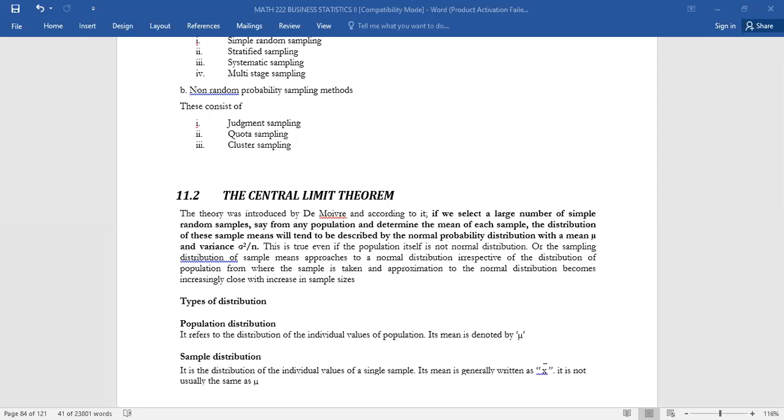using simple random sampling technique from the population and determine their means, or we put now the different samples, we have a sample of 15, 15, 15, and we get their means. The means of these individual samples will not be equal. So we are going to have the mean 1, the mean 2, the mean 3. So the distribution of these sample means will tend to be described by the normal probability distribution with a mean